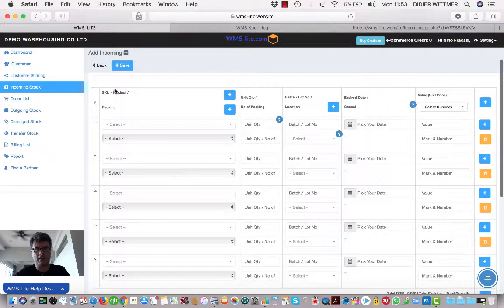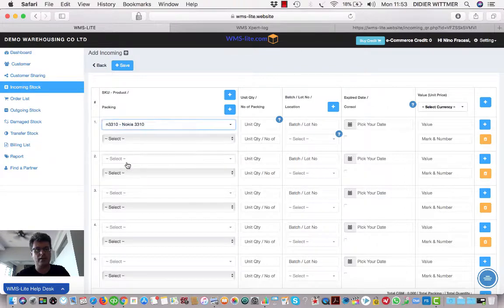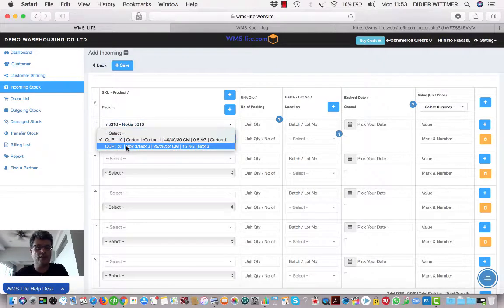So here we have the SKU, the product itself. You can select all of the SKUs that your customer has. This is the information that you added already before in the customer section, so it will be automatically updated here. So you can inform the system which SKU you are receiving now. And then you will see if you have one box or different packages related to this specific SKU. In this example, we have two types of packaging, so we can set which one we are receiving now